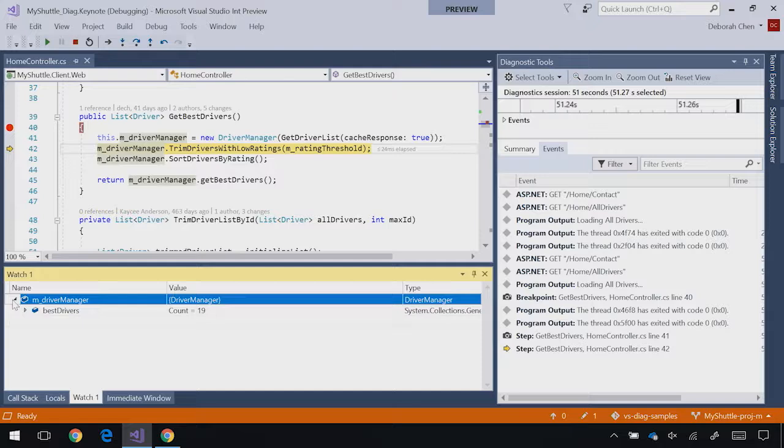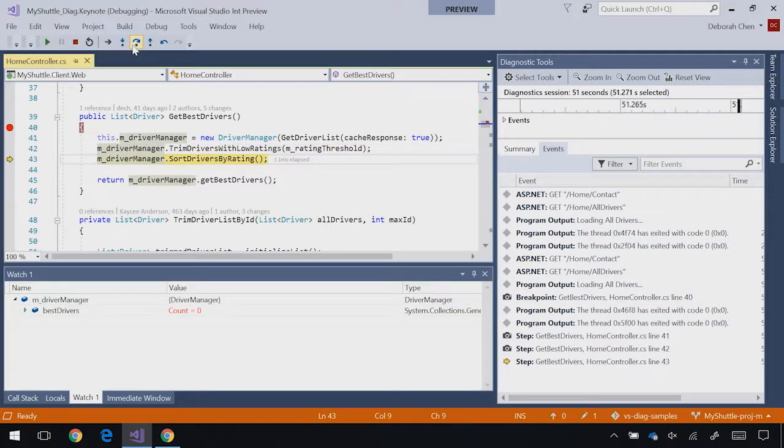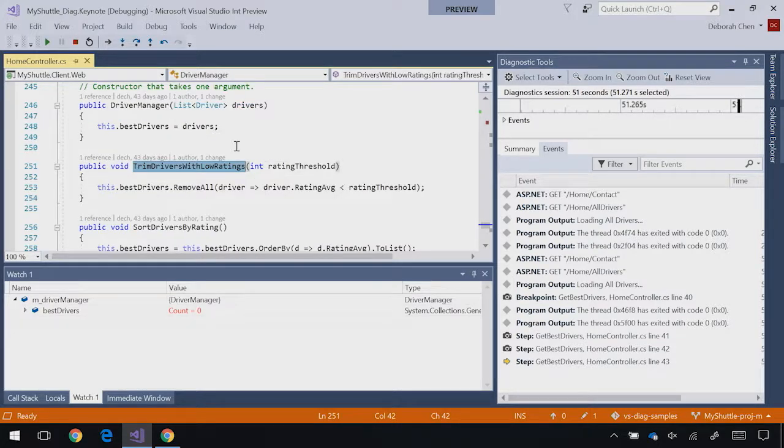Looks like there's a best drivers object, and if I take another step, it looks like suddenly all the best drivers that were previously populated here have now disappeared. Let me take a look at what was happening inside this trim drivers with low ratings method, and look at the definition, and it looks like it's taking in a rating threshold and then filtering out the people who don't